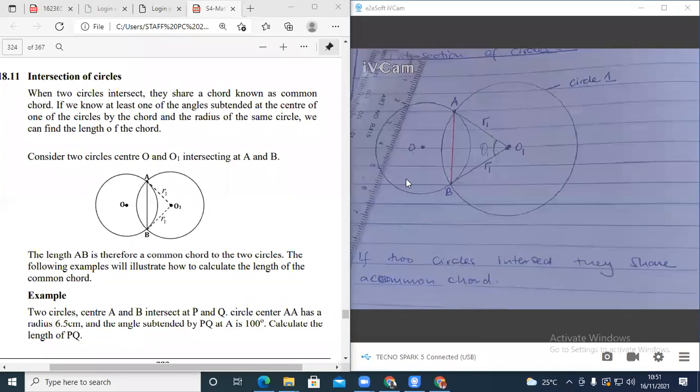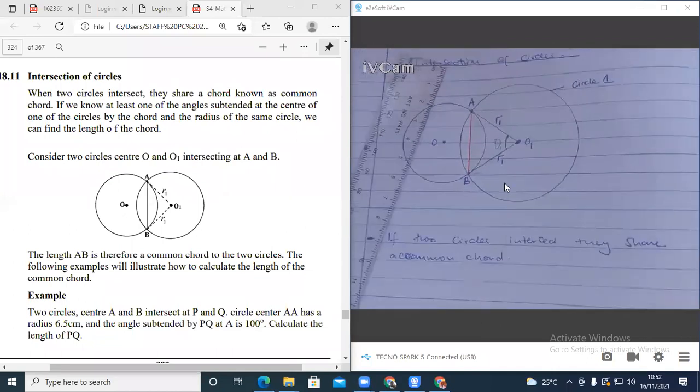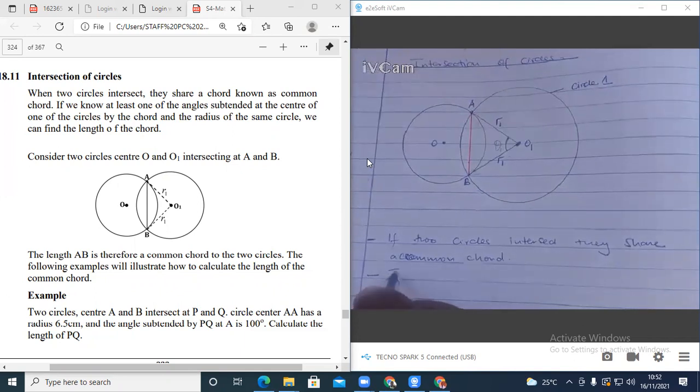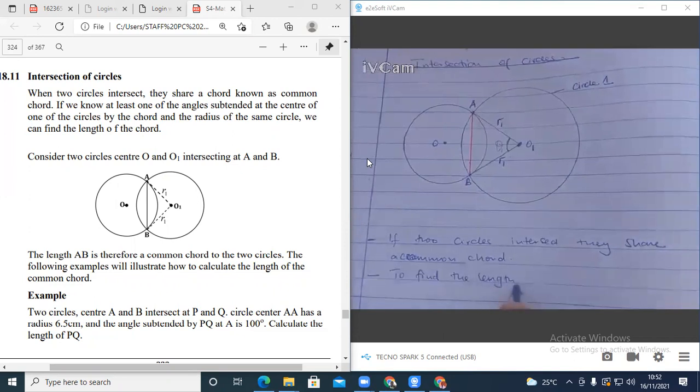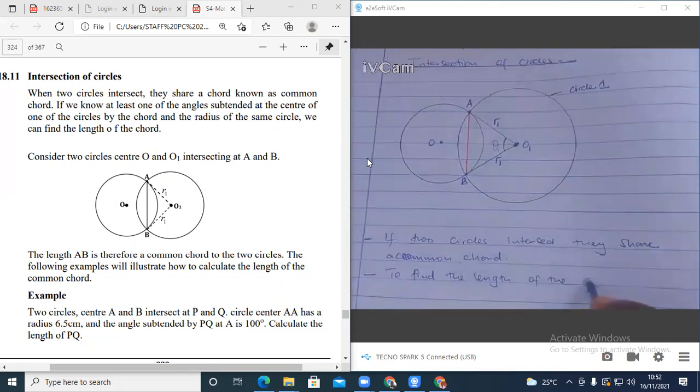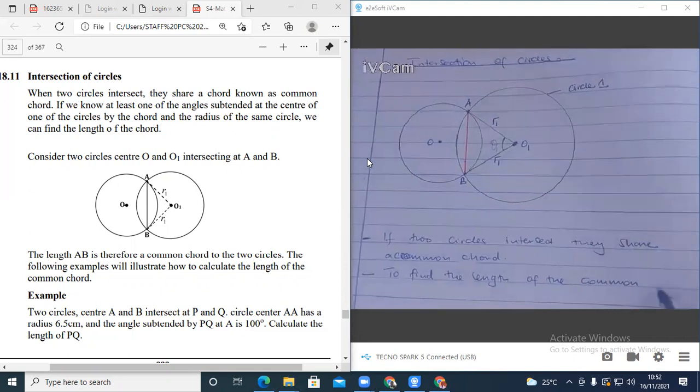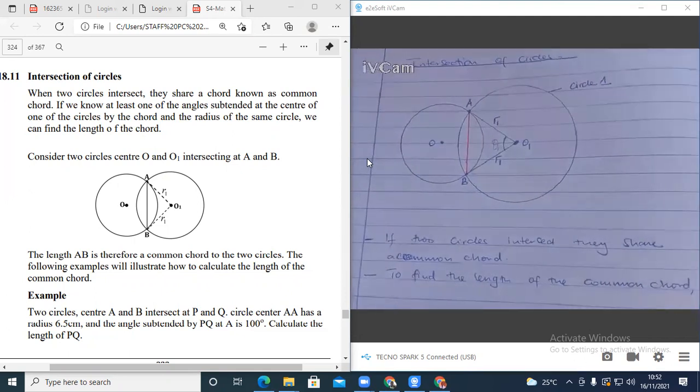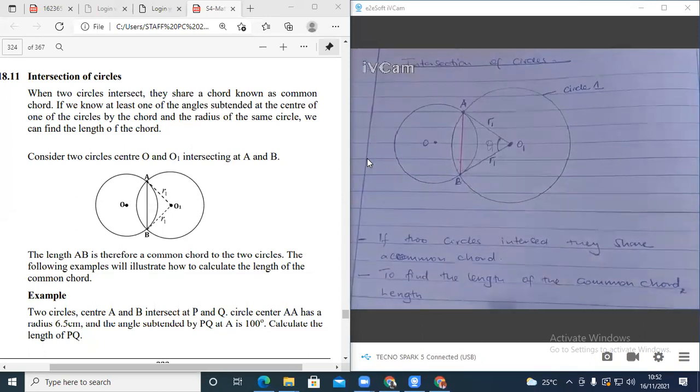So how do we find the length AB? Here I should write some notes. If two circles intersect, they share a common chord. That is true. So to find the length of the common chord, common chord length AB,